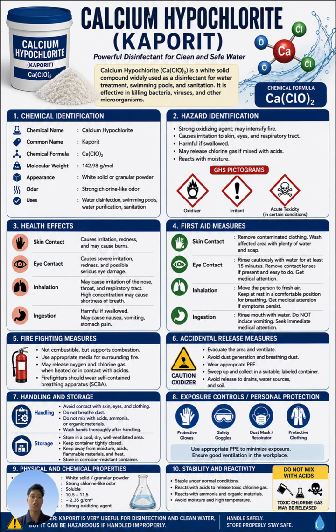Now, let's talk about the hazards at number two. Based on the hazard identification section, calcium hypochlorite is classified as a strong oxidizing agent, which means it can intensify fire even though it is not directly flammable. It can also cause irritation to the skin, eyes, and respiratory system. Another important hazard is that when mixed with acids, it can release chlorine gas,